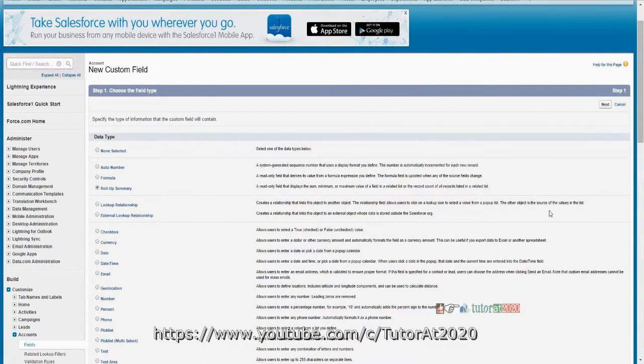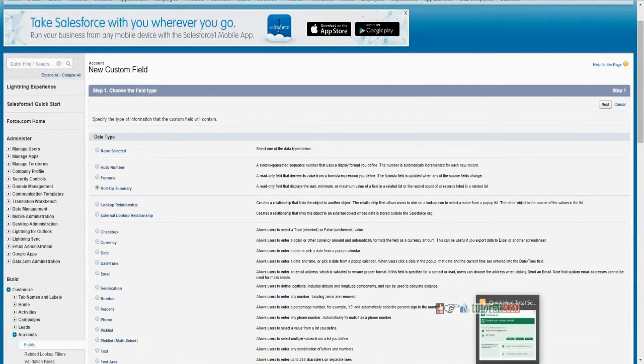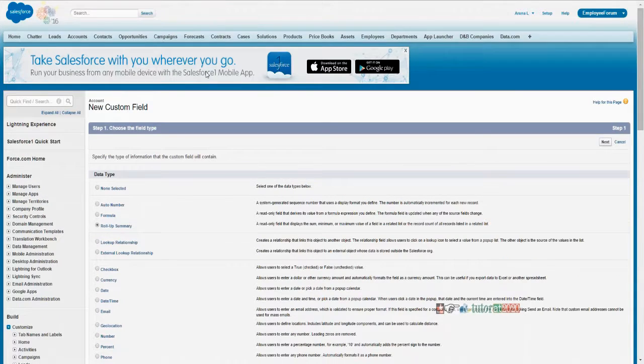in a related list, or the record count of all the records listed in a related list. Meaning, basically Rollup summary, you cannot edit that field on your own. You cannot edit the value in that field, okay? Generally what happens if two objects are related, say for example, opportunity and revenue. So say for example, opportunity objects have a revenue field on it, and which basically sums up, I'll show you